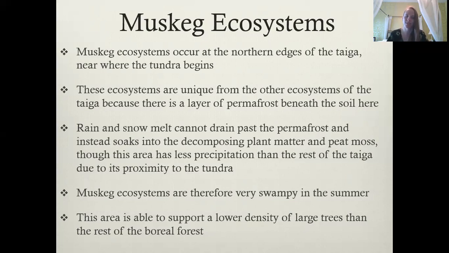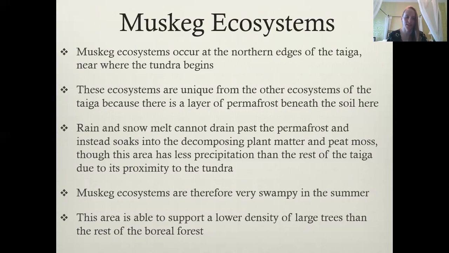Rain and snow melt on the surface of the ground, and they cannot sink into the soil past the permafrost. So it just soaks into all the decomposing plant matter, all the decomposing animals, the peat moss, and just sits kind of swampy on the top. This area does have less precipitation than the rest of the taiga because it's close to the tundra, but it does still end up very swampy in the summer because of all of that meltwater just sitting on the top